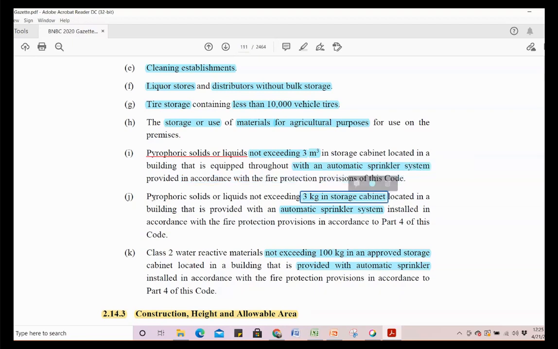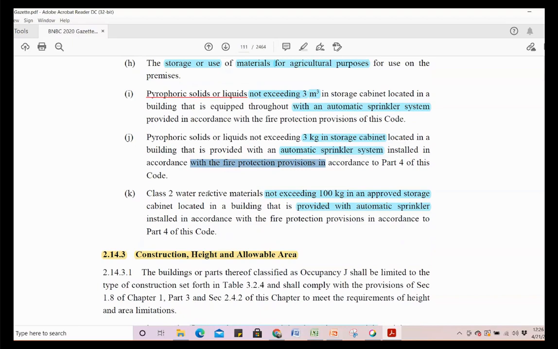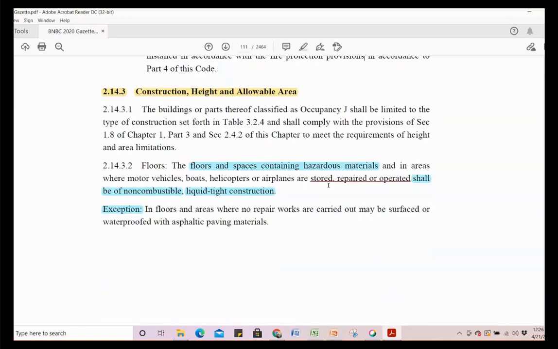3 kg of storage cabinet or less of pyrophoric solids and liquids installed with a sprinkler system will also be exempted if it is in compliance with fire protection provisions. Class 2 water reactive materials not exceeding 100 kg in an approved storage provided with automatic sprinkler and fire protection provisions will also be exempted. So